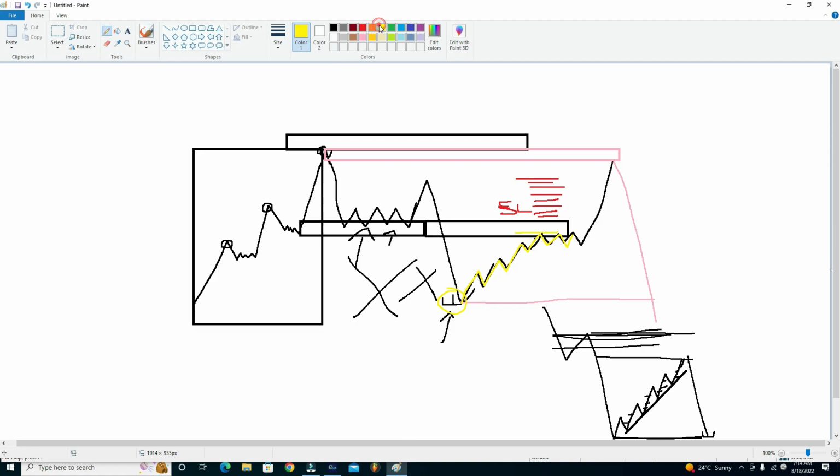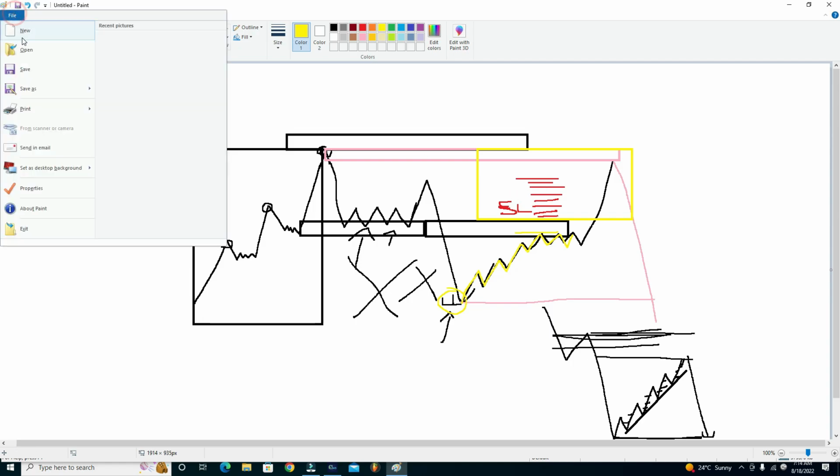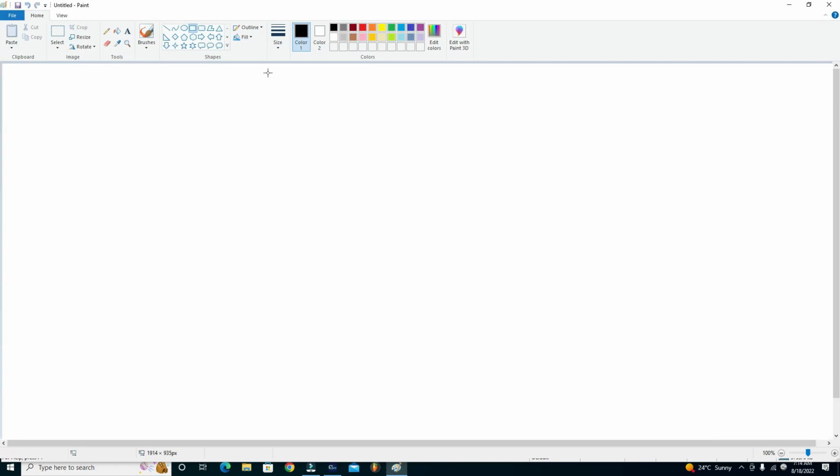So this area becomes our golden zone, meaning we then look for an order block within this area. This is our golden zone. And as you can see, this requires a lot of patience. But if you can backtest, you will be able to see the probability and accuracy that this setup has in